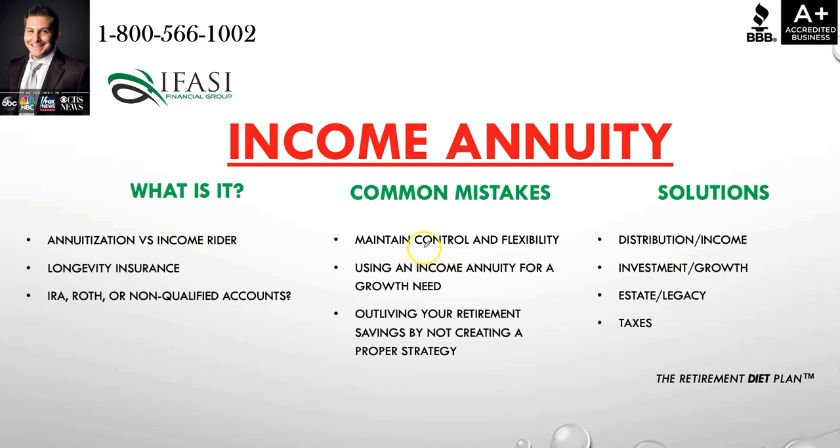So common mistakes that are made are losing control and flexibility. This is where annuitization really comes into play. If you're surrendering all control to the insurance company to just receive a lifetime income stream, why would you do that if a more effective strategy was leveraging a top income rider related product? So this is where I talk about, in a lot of my videos, hybrid annuities. Now, hybrid annuities could be created through variable annuity accounts, which I absolutely hate. The reason being is the income rider is typically not as strong as when you're leveraging a fixed annuity or fixed index annuity with an income rider.